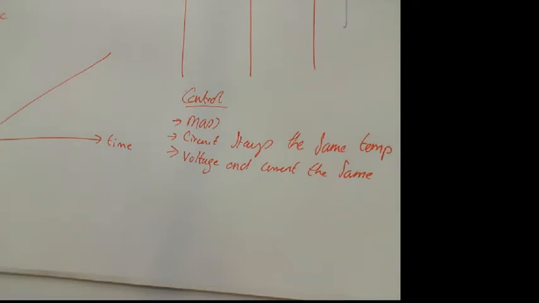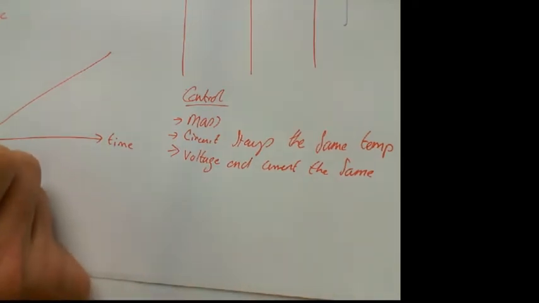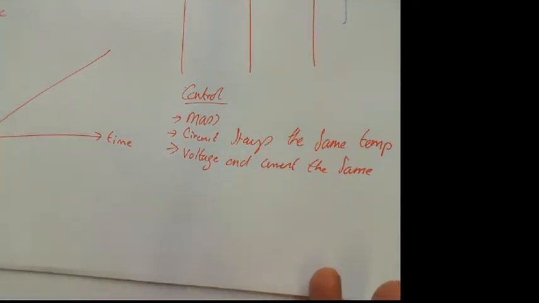And from this we can work out what the specific heat capacity is. And if you know what the specific heat capacity is, then you can determine different uses. So some things you want to have a high specific heat capacity, some things you want to have a low specific heat capacity. So for example,